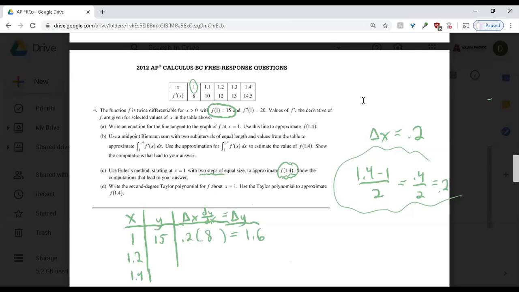So 1.6 is what I add to 15. So 15 plus 1.6, you get 16.6, and you repeat the process again. One more time, 0.2